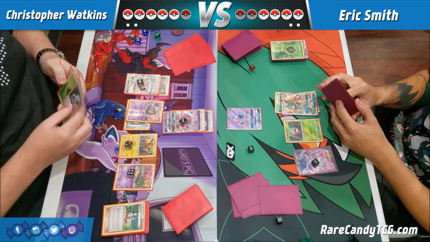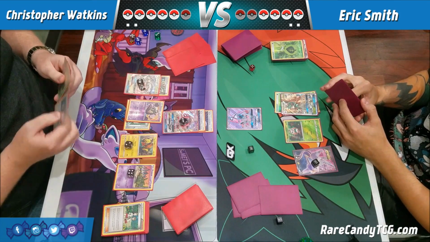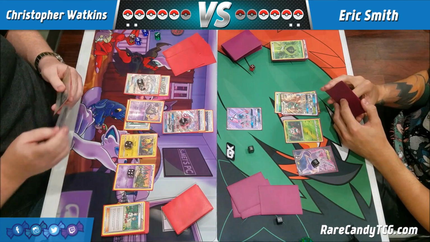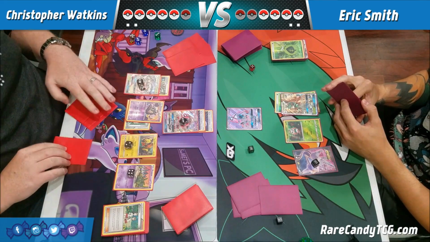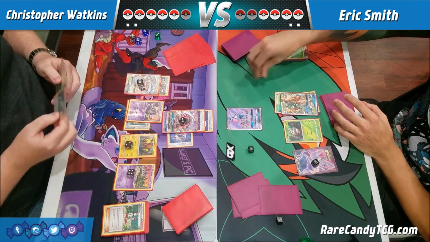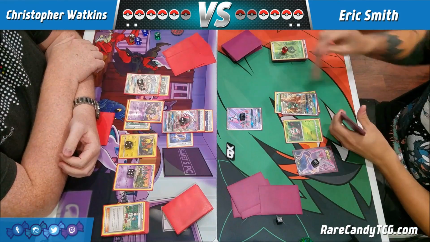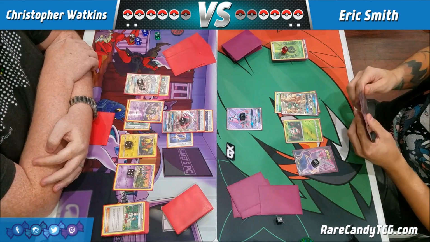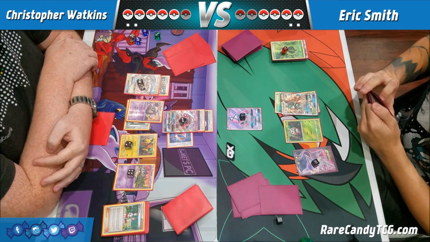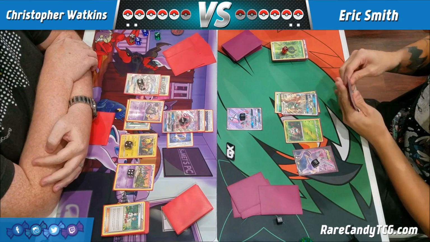Okay, so it looks like Chris is going to get a Golisopod with a Rainbow Energy on it. So let's see what he has. He's got a Choice Band. Okay, so he is going to commit a lot to this Tapu Lele and try to do a big chunk of damage to me. So he's going to hit me for 110. That's a nice 2-shot he'll be able to do. And, you know, I might even be able to...